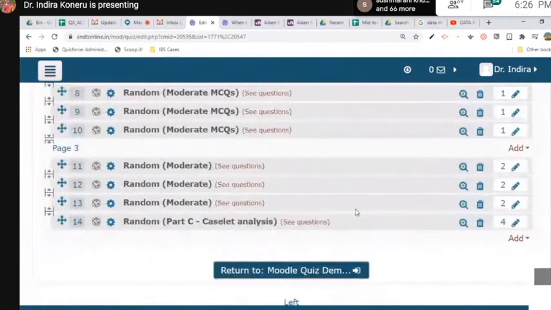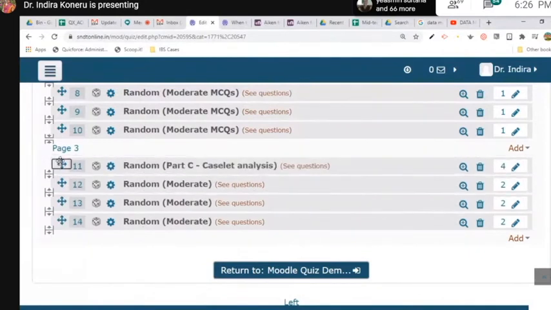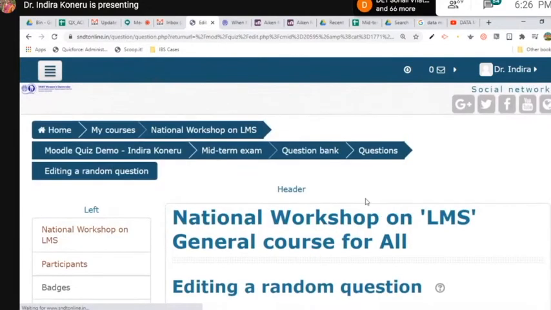So here I have this random, this is caselet analysis. What I need to do is separate this category because it has taken this as part of this random case analysis part C. So I need to edit this again.